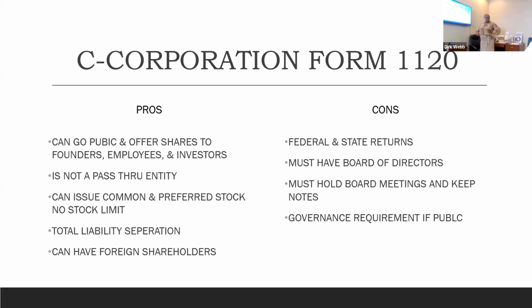I noticed you've listed board of directors under cons. Yes, I did, and the reason I did that is because you can't actually do anything without board approval. So no business decisions are really made without board approval. However, as a pass-through entity, you are the board, so you just need your own approval.